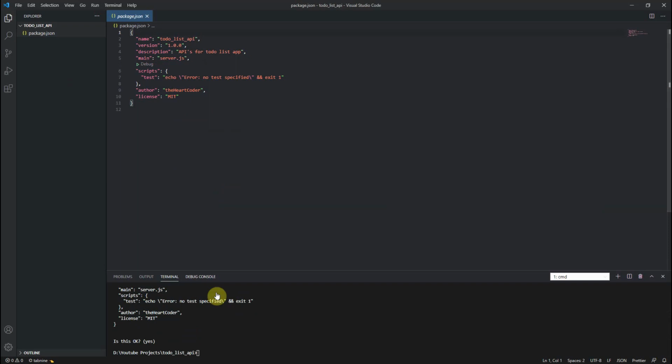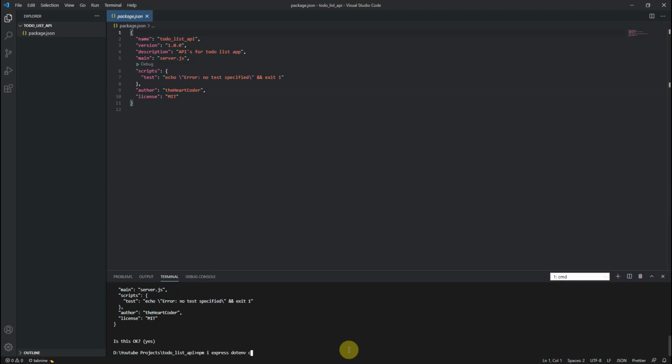Now you need to install some packages. I am using the Express framework, which you know is a popular framework in Node.js. So npm i express. I am using dotenv, one package for environment variable management.